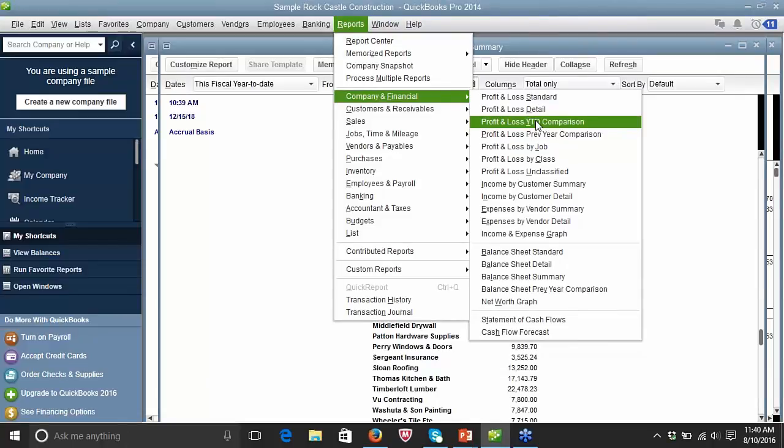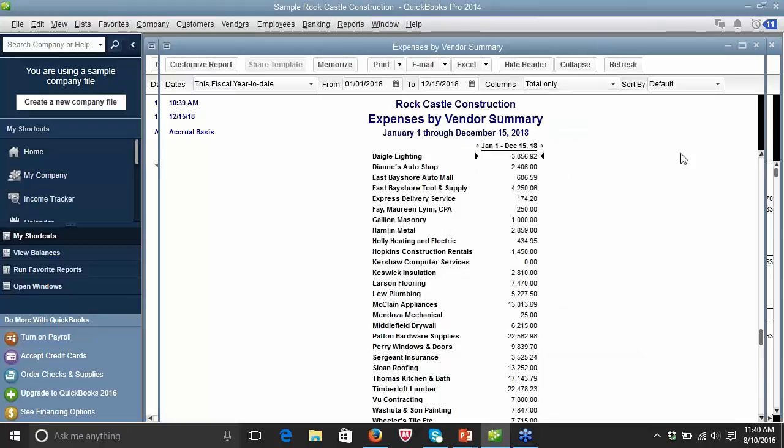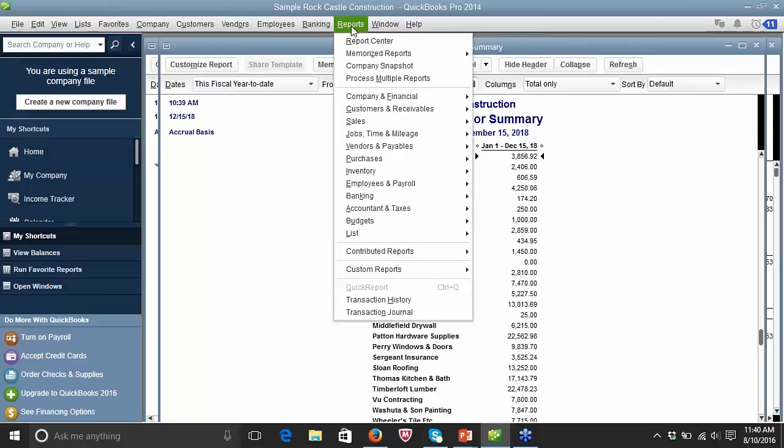I don't see a year by year comparison here, but you can take your profit and loss detail if you want to do year by year and do that from that perspective. And you can also design a report and have a report set up by customer that would show you the current year and show you the year before. That's definitely an internal report that would be very useful if you're trying to manage your expenses.